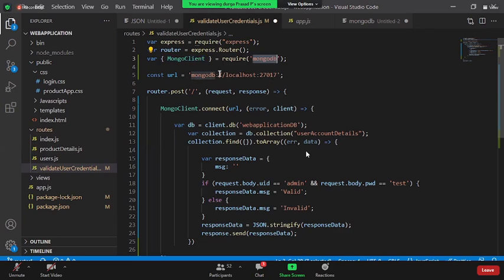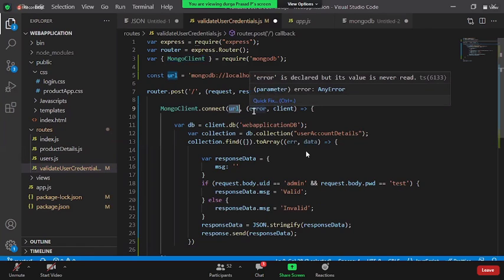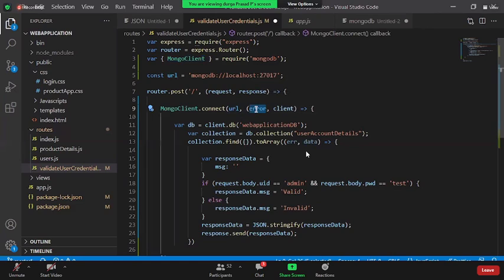This Mongo client is coming from the existing node module called MongoDB. Now under this, we are creating a URL of your Mongo database with the MongoDB protocol, mongodb colon, then the server name and the port number. We specified the URL. Next, using the Mongo client, we are connecting to the database through this URL. In response, we have a callback method which provides